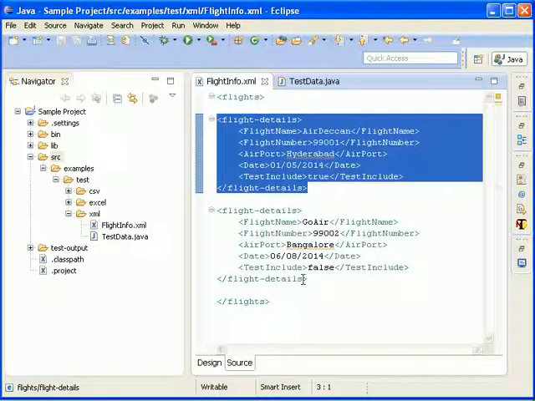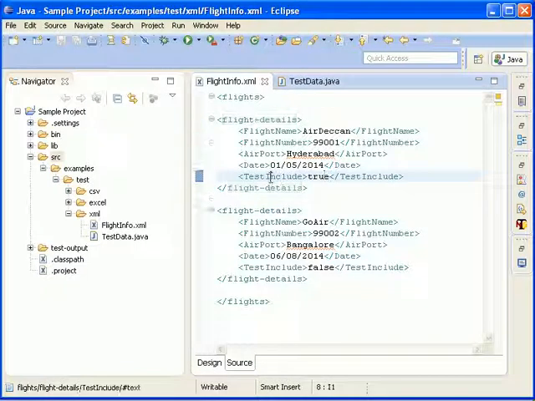If you set testInclude equal to false, the data-driven framework ignores this test data. Again, you need to configure the XML element and its value to the data-driven framework.